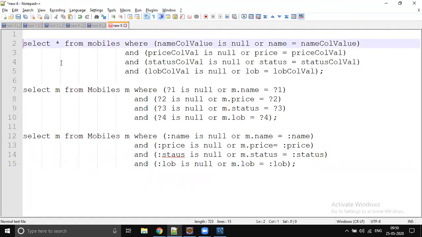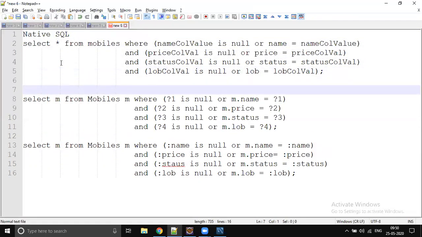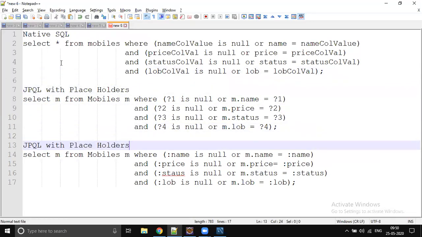So the first one is the native SQL query. The second one is JPQL with placeholders. You have to be patient for some time. If you are not able to understand, when I write the code and execute it, you will get a better idea, so don't get confused. If you are not able to follow, still it's fine.